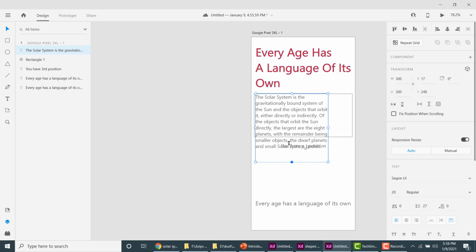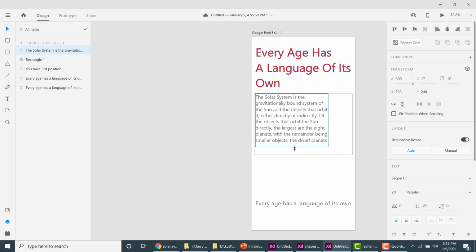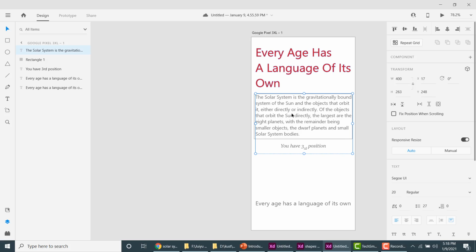For now, you can see that the text is appearing. So increase the size of this rectangle, and increase the size of this text. So here you have your text. You can align it to left or right, and make sure that it fits within your rectangle. So let me select this rectangle. Okay, so this is what it is. Working with text is very simple in